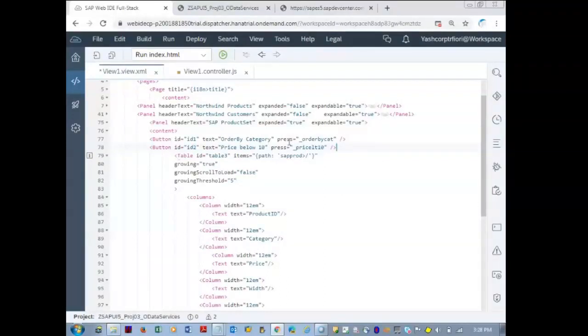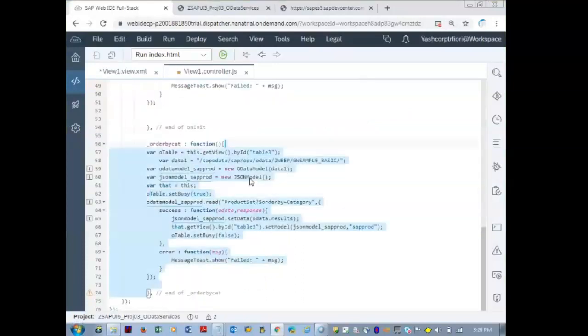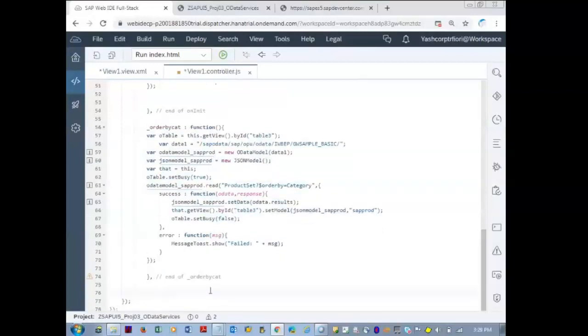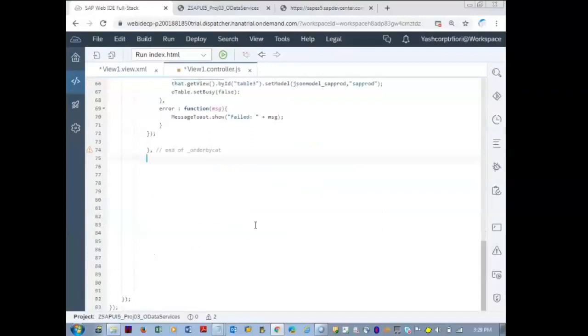Okay. The definition of that event, I'll go into the view1.controller.js. Let us write that here.